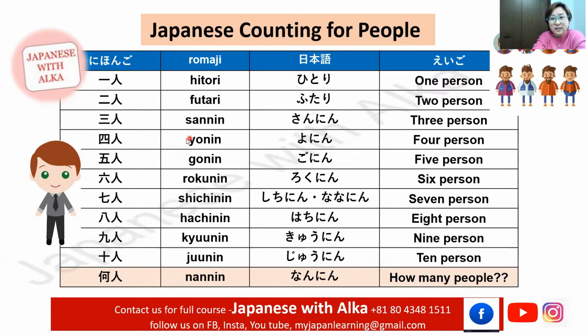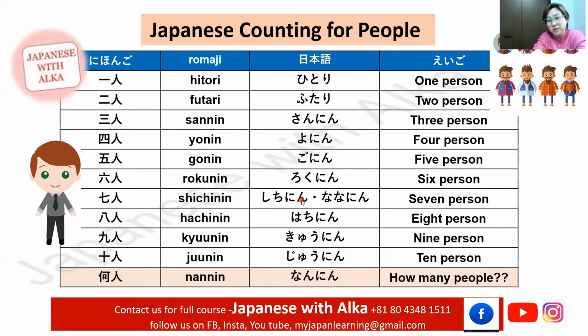Sannin. And four, yonnin. And five, gonin. Or six, rokunin. Or seven, shichinin,